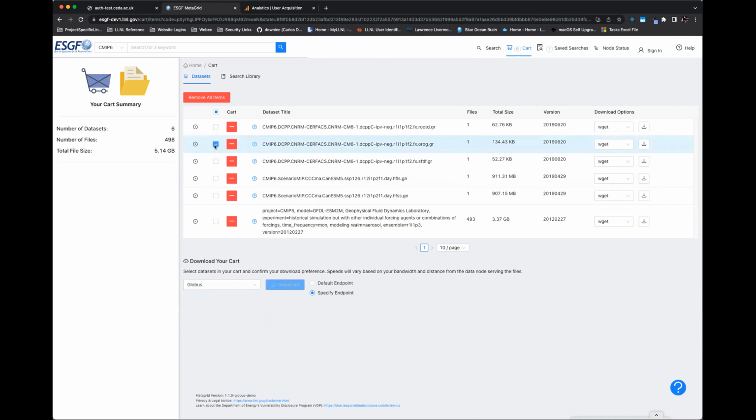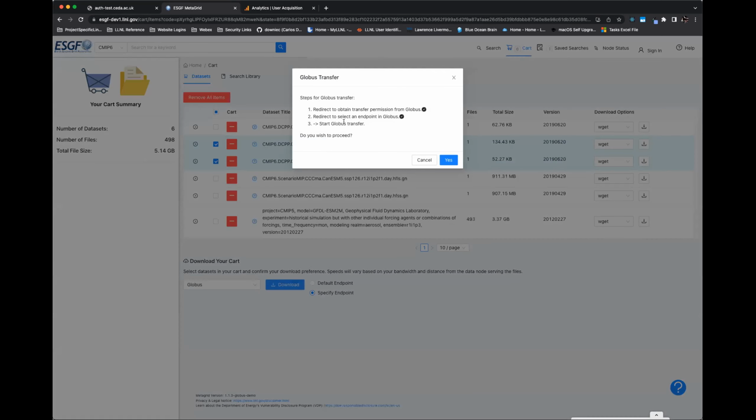Let me try that again. Okay. So it looks like normally what it'll do is it'll then take you to Globus to select an endpoint. In this case, I'm not exactly sure. This was working perfectly. It always happens with live demos, but